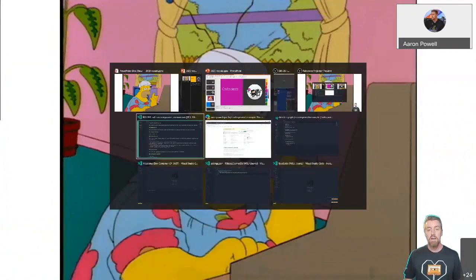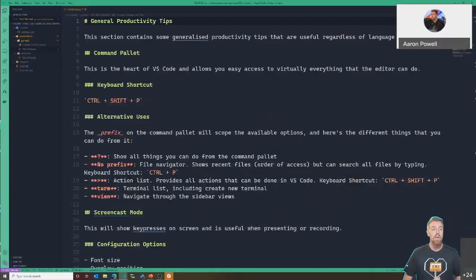If I can find the right editor, there we go. So here is VS Code, and yes, you are going to be able to see the notes that I've pre-written. So feel free to read ahead and then just kind of tune out for the next little bits until I scroll down further.